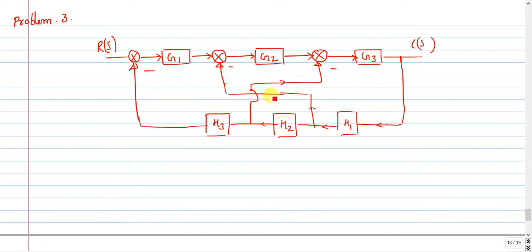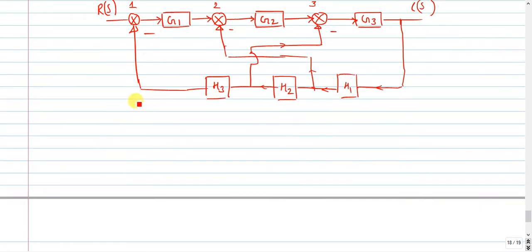This is one representation, and in one more representation I have one more takeoff point here, moving only to this point. If I mention the summing points as 1, 2, 3, let me follow the path. The takeoff point moves to the second summing point, the output from H1, and next the output from H1 as well as the output from H2 moves to this summing point, and finally H1, H2, H3 move to the first summing point. So the problem is very simple.